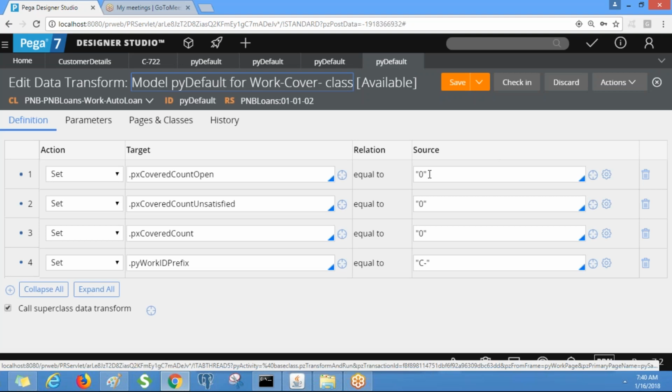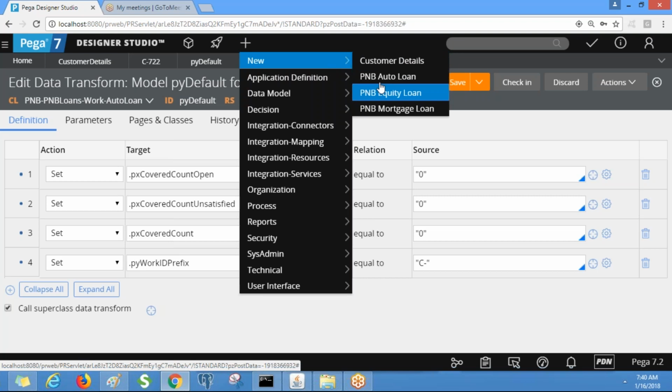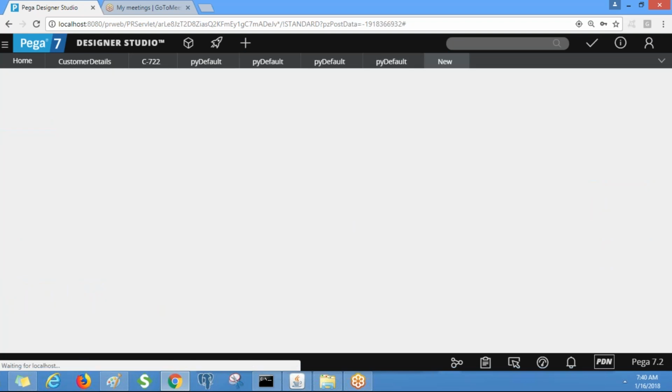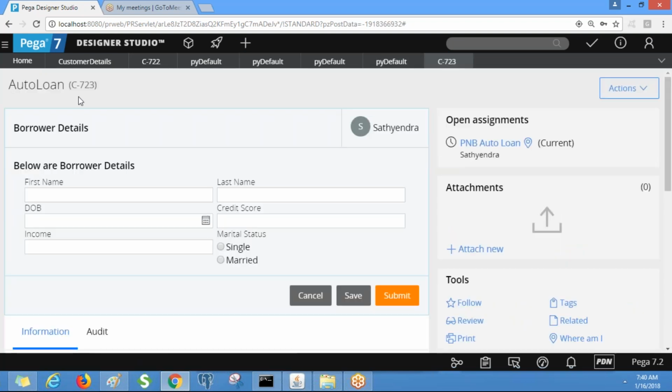Before I save this, I will run the auto loan flow. Let's see the work object. You see the work object ID starts with C dash. This is the work object ID prefix, because in Work-Cover- we have C dash as the work ID prefix, right?